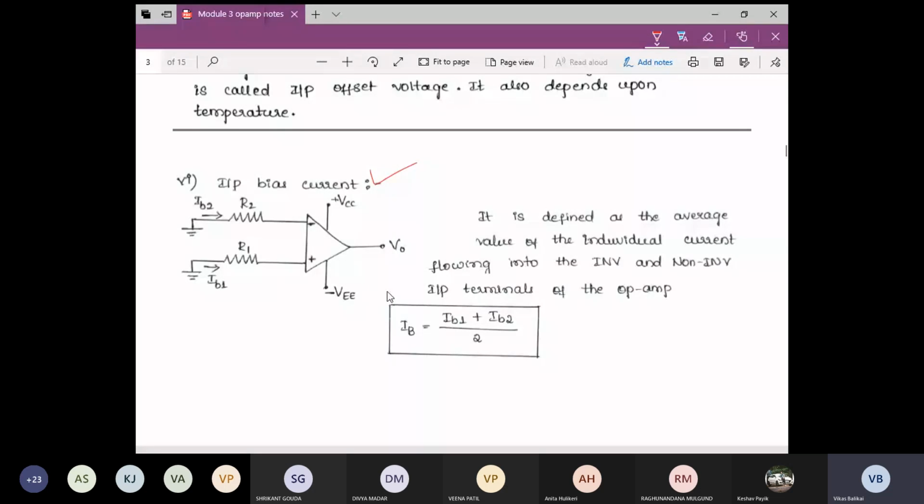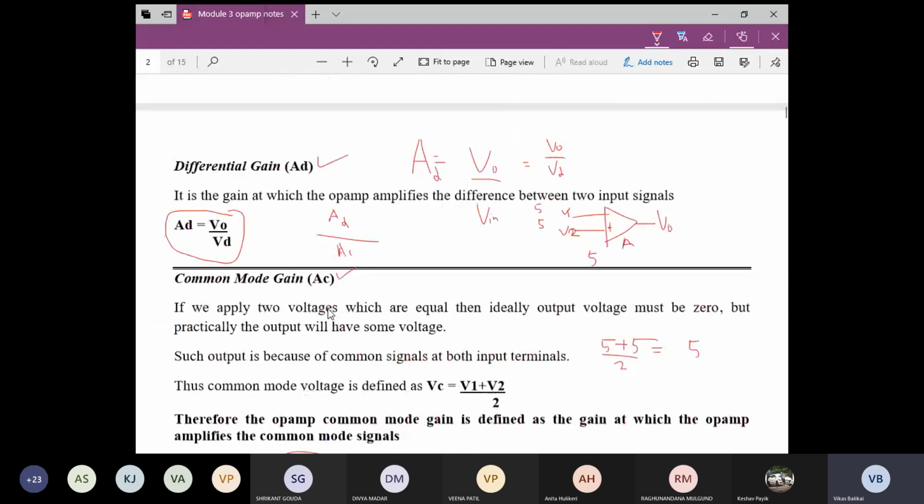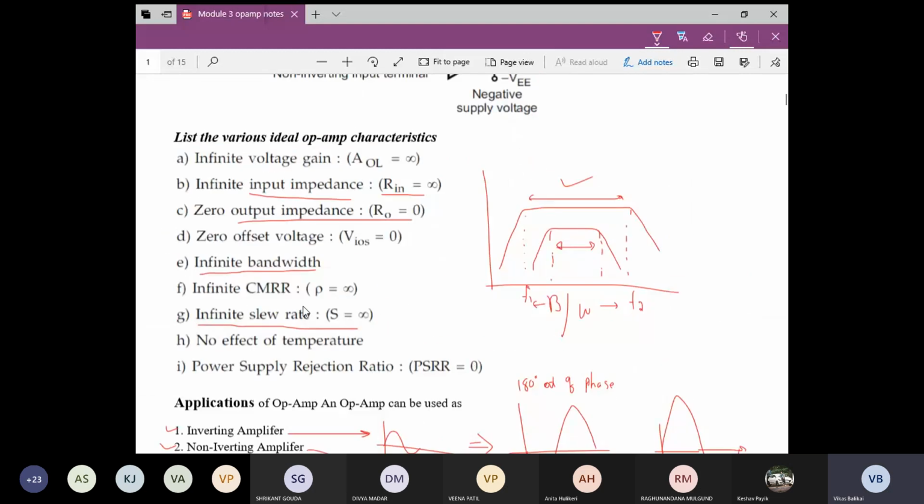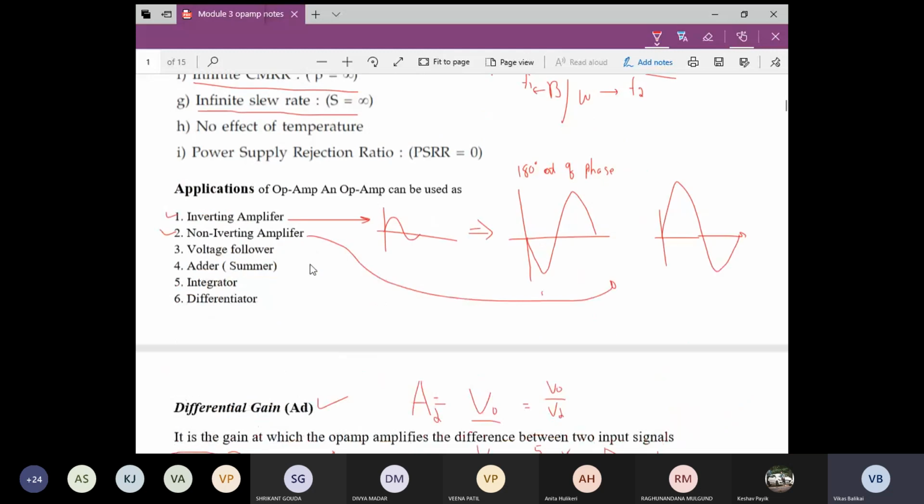So these are some of the typical characteristics and factors that affect the op amp, and how you ensure you maintain the proper characteristics of the op-amp. I should ensure the CMRR is infinite, which means it should be able to reject every noise or unwanted signal falling on any one of the input terminals. And I should ensure the input offset voltage is 0, and hence my output offset voltage also should be 0.